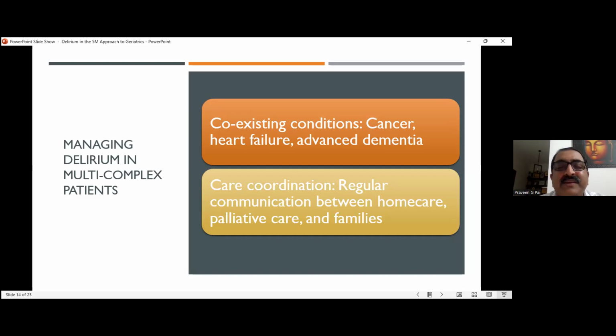Multi-complexity means it's not just a disease; it's a disease with physical condition, curable, incurable, debilitating. Then again, it has a psychosocial impact, environmental impact, climate change. Somebody's house is not built appropriately to resist the heat. So climate change can affect palliative care. So these are things which we have to keep in mind. It's a big subject, in fact, the multi-complex nature of geriatric care.